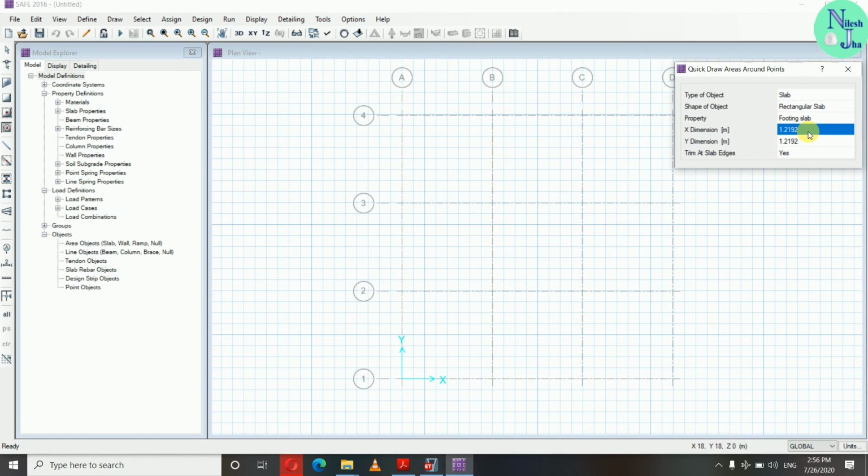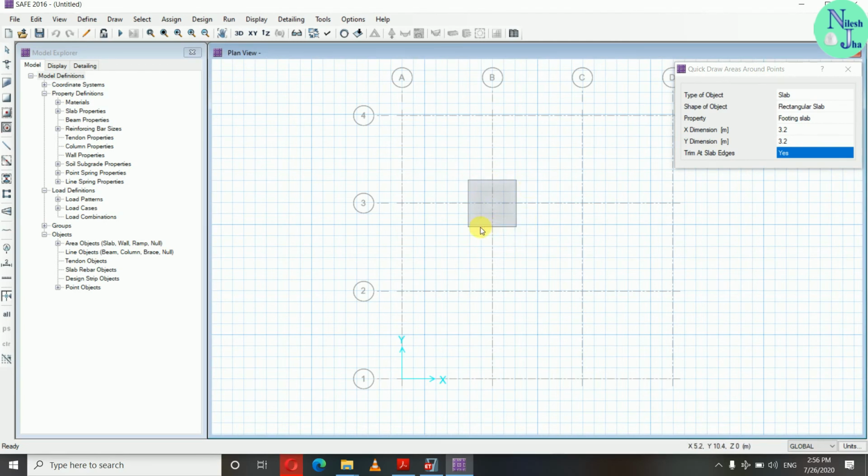So x is 3.2 and y is also 3.2, and just go to any point where you want your footing to be modeled and click that point, and the footing will be created automatically.